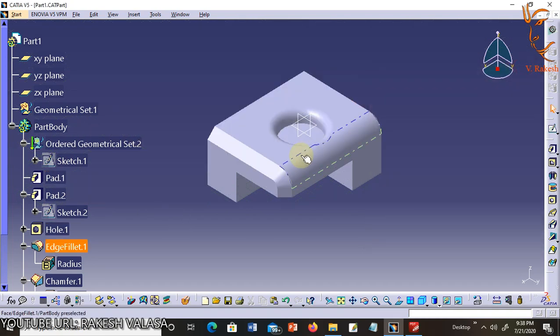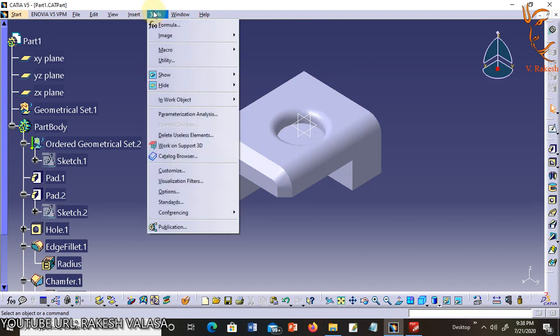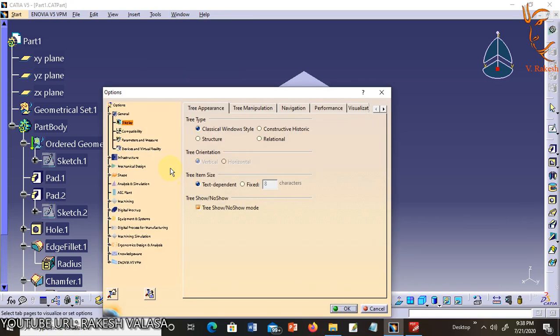You can control how and what is displayed in the specification tree by completing the following steps. Now select tools, options. In this you can select general, display.